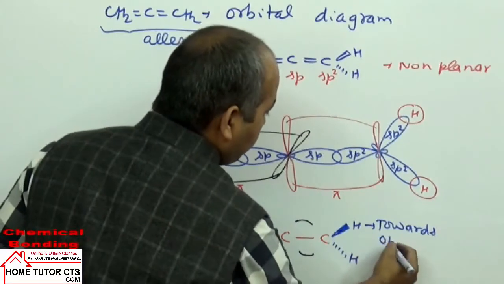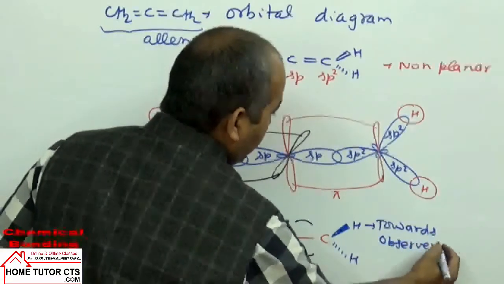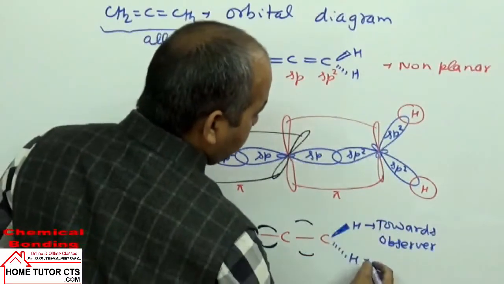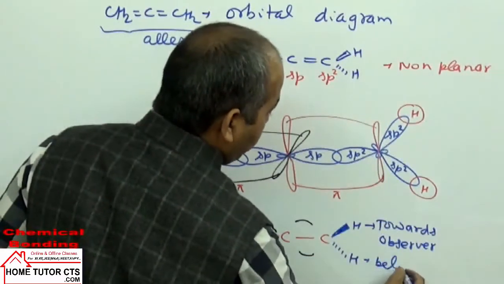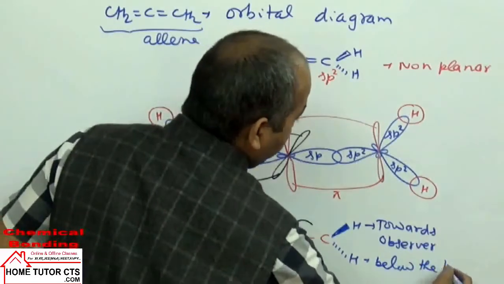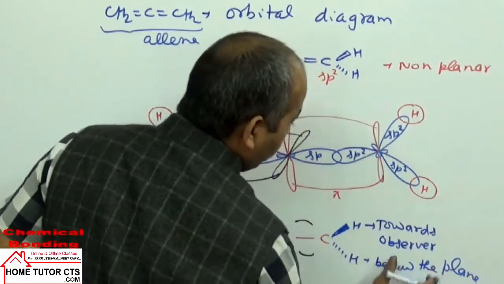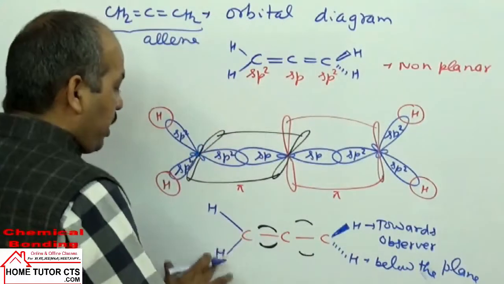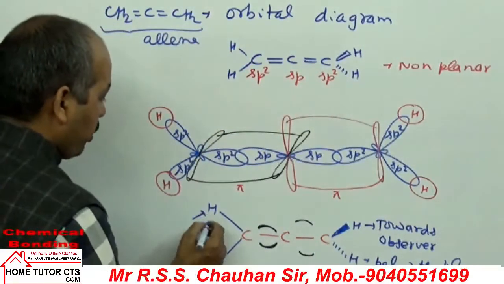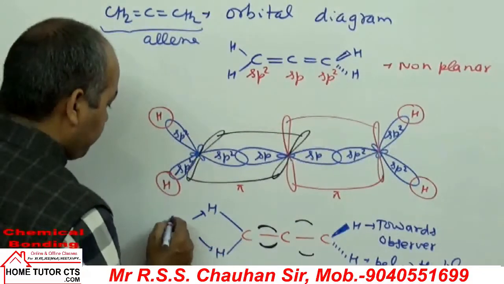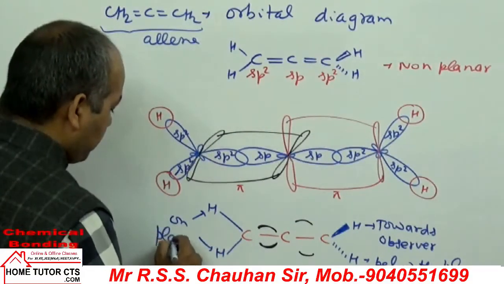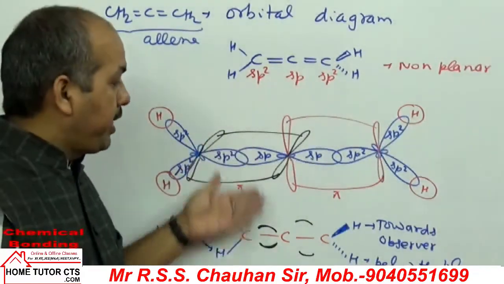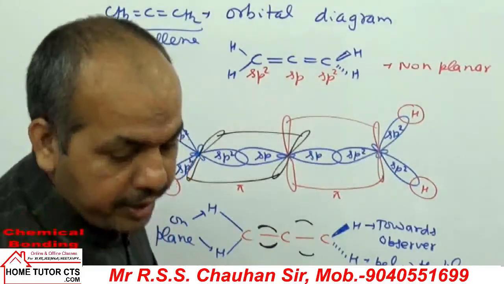Or out of plane. Suppose your observer is towards you, and this is below the plane, or away from observer. Below the plane or away from observer. And they are on the plane. The two hydrogens are on the plane. If I try to explain this by 3D arrangement,